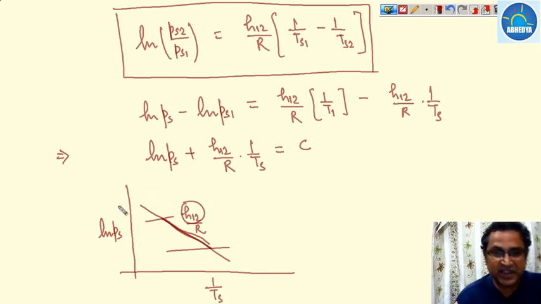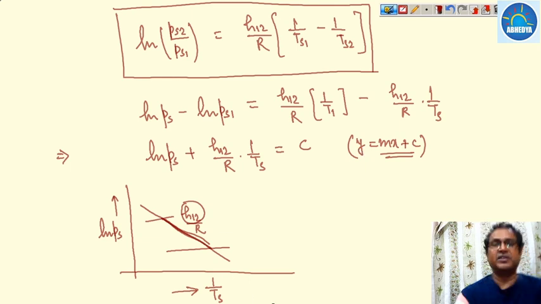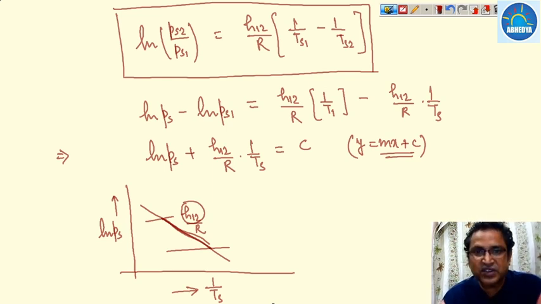We have compared this with the equation of a straight line, that is y is equal to mx plus c. So we have discussed the Clausius-Clapeyron equation, which is the relation between the saturation pressure and saturation temperature. This is all about the Maxwell equation and its applications. In the next video lecture, we will discuss the properties of pure substances. Okay, thank you.